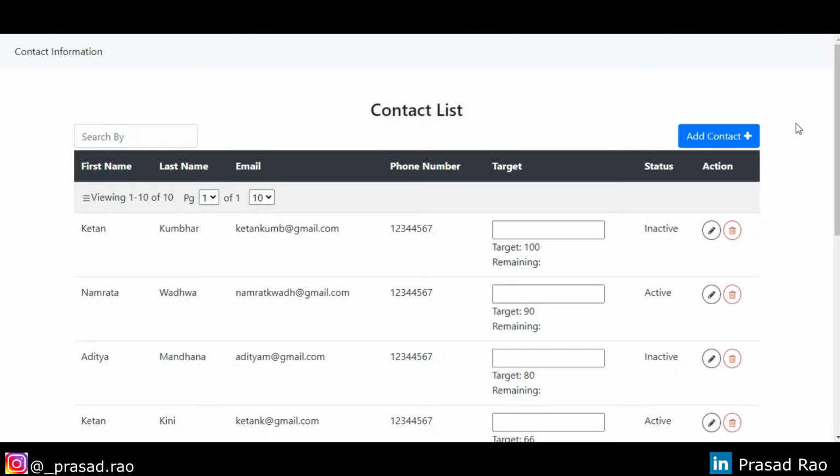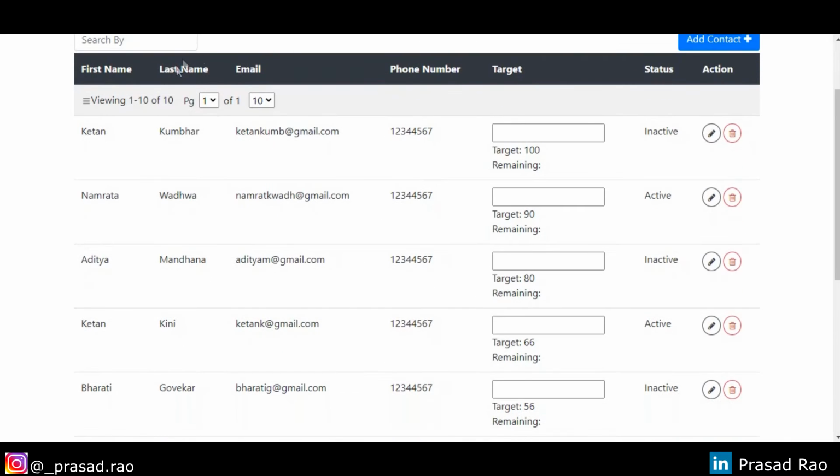So hello everyone. Today we'll be seeing what a custom parameterized pipe in Angular is. Before we actually move on to that, and before we create a custom pipe, I'll brief you about the use case that we need to solve. We have a contacts list with various contacts, and we also have pagination to take care of multiple contacts in one page, and also we have their email, phone number, and target listed.